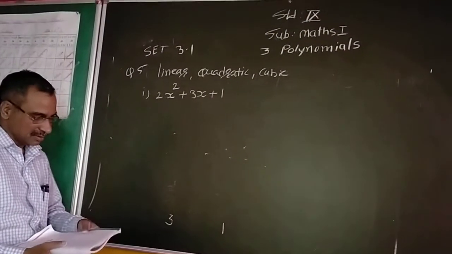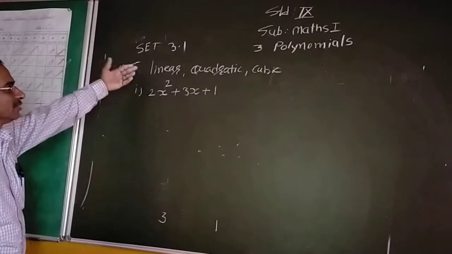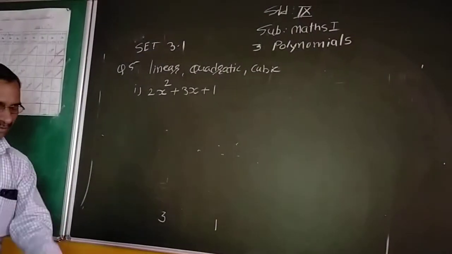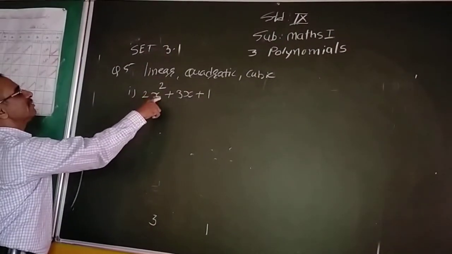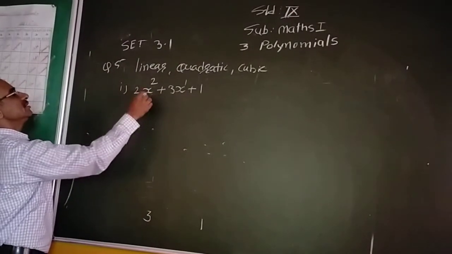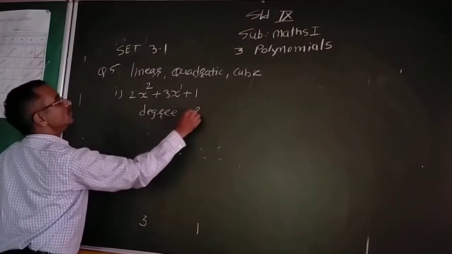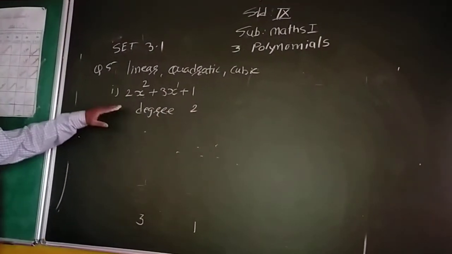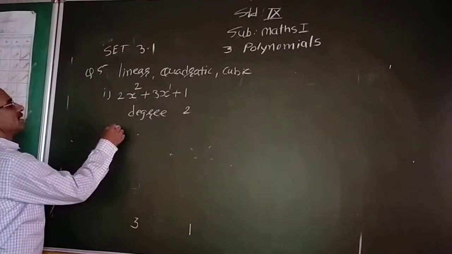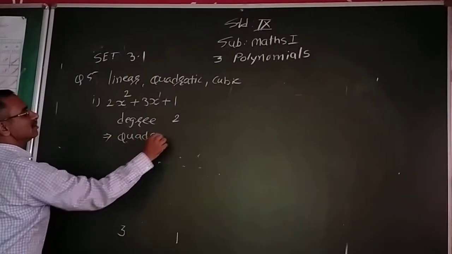We already studied the types of polynomials according to degree and power. So, in this polynomial, what is the degree of x? Power of x here is 2. Here is 1. What is the highest power? That is 2. Means degree of this polynomial is what? 2. When the degree of a given polynomial is 2, it is called quadratic. When the degree of a polynomial is 2, then that polynomial is called a quadratic polynomial.